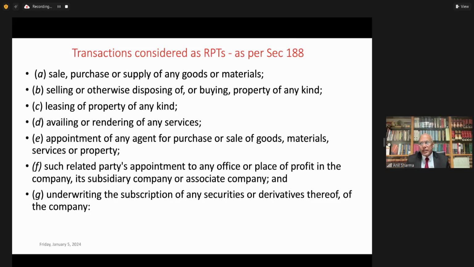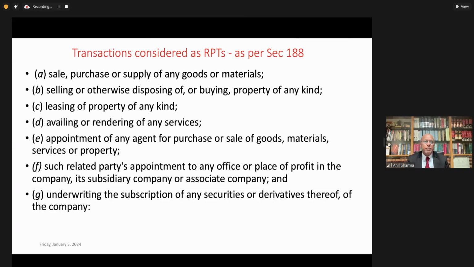Or I would say it may be so, but the Act has very carefully mentioned specific transactions which are considered as related party transactions. And for that purpose, you have to look at section 188. Now, if you look at section 188, there are 6 specific transactions which are considered, where if the transaction is